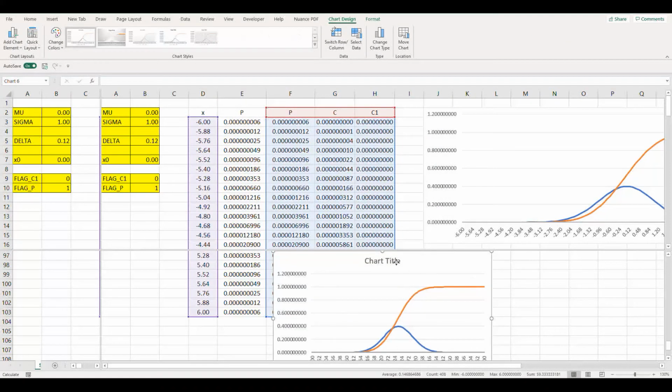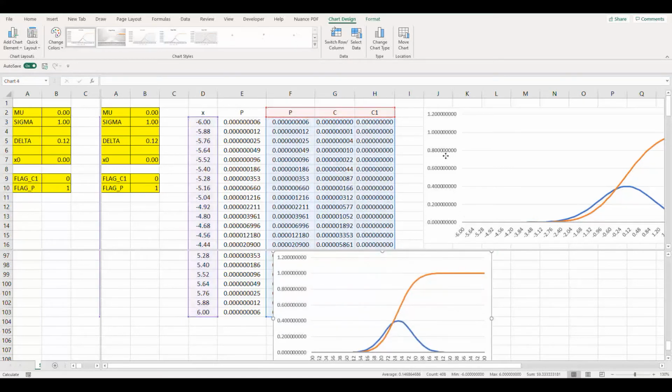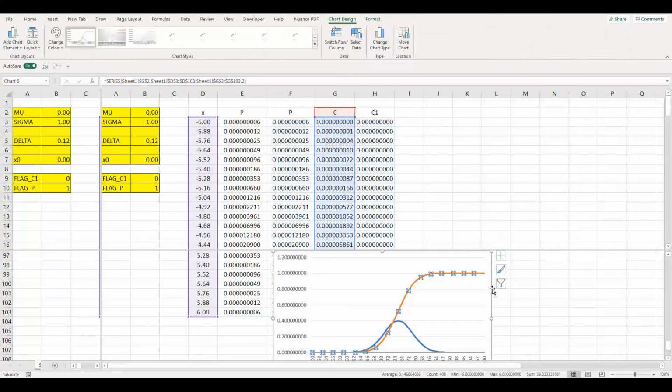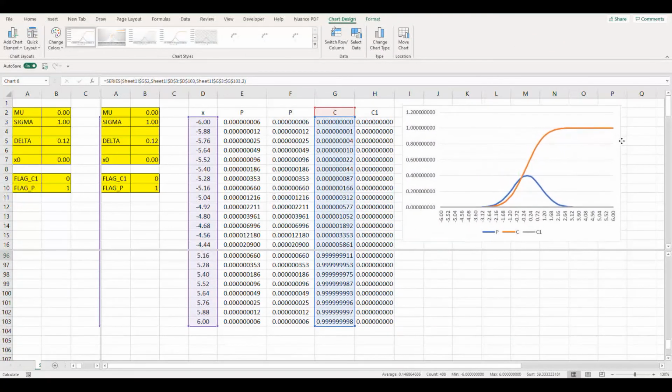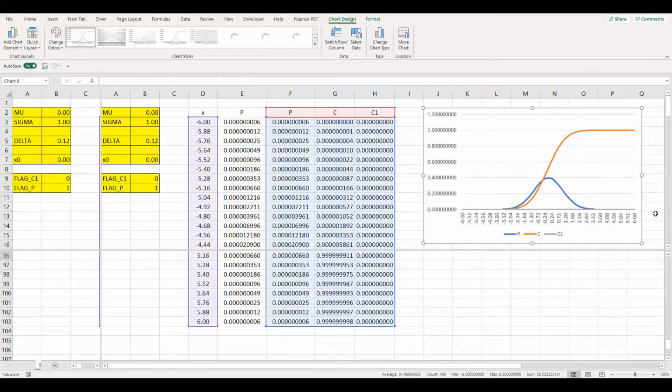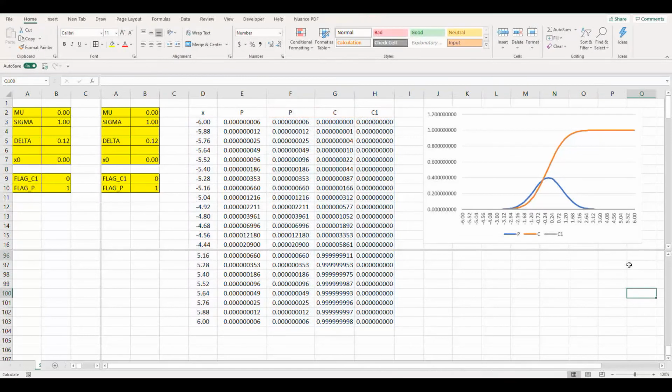And I got it. Take away the chart title. Take away this graph. Bring this graph upstairs. And I'm now going to demonstrate what we've accomplished here. First, you'll notice that by having used the headers, the blue curve is labeled P, the orange curve is labeled C, and well, the gray curve is not showing, but if I make flags C1 equal to 1, it shows the gray curve, and